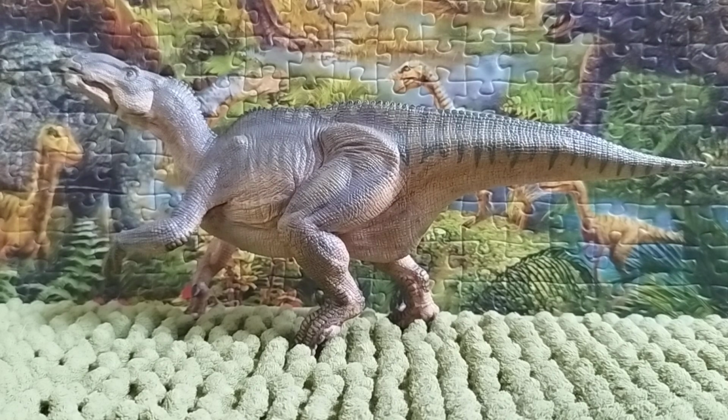Today, we're going to take a look at the figure. It is the Papo 2018 Iguanodon. Now, Iguanodon, whose name means iguana tooth, is a genus of iguanodontian dinosaur that lived in the early Cretaceous period, about 126 to 122 million years ago, in what is now Europe. The creature's size could reach up to 9 to 11 meters, 30 to 36 feet long, and weigh up to 4.5 metric tons, or